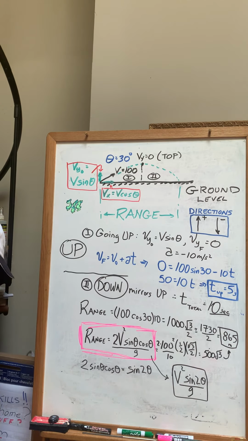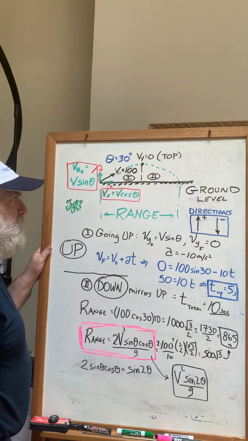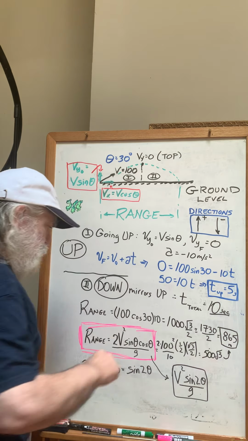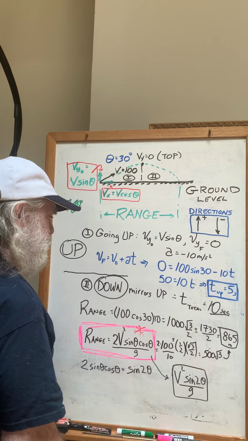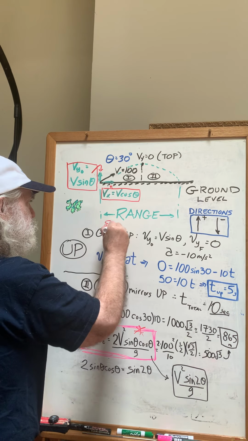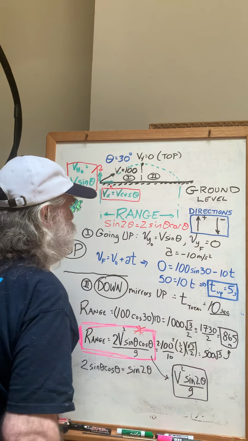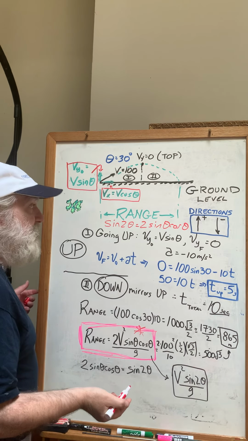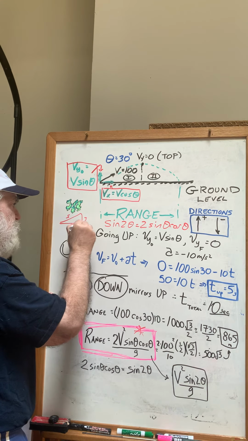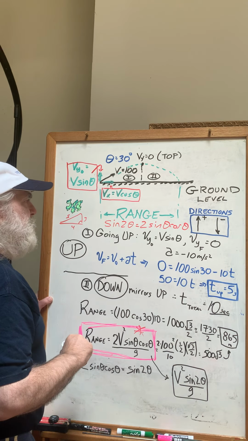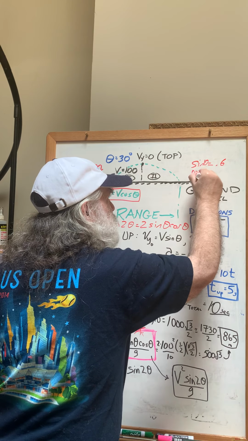So here again is the review of when we launch something at a velocity, we break it up into x and y components, and when we're looking for the range, we use this equation here, or this one, if we remember that the sine of 2 theta is equal to 2 times the sine of theta times the cosine of theta. So if someone comes along with a 3, 4, 5 triangle, a famous right triangle from our SAT days, and says that the sine equals 0.6 and the cosine equals 0.8,